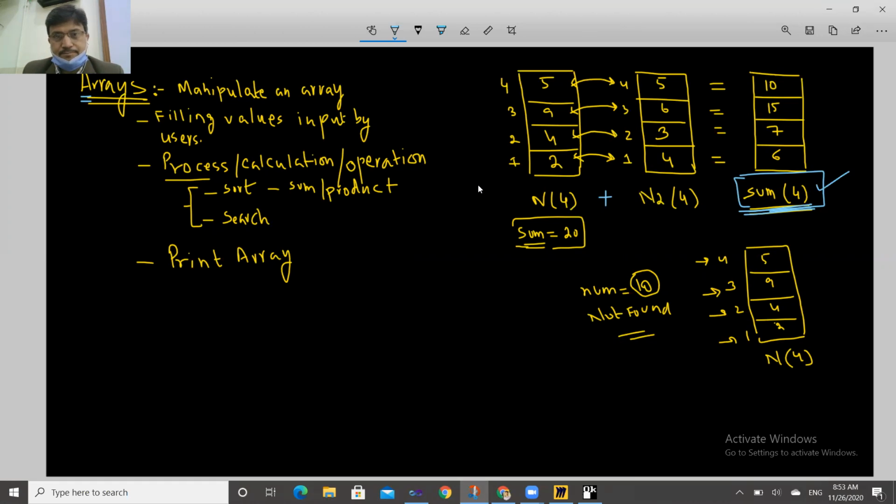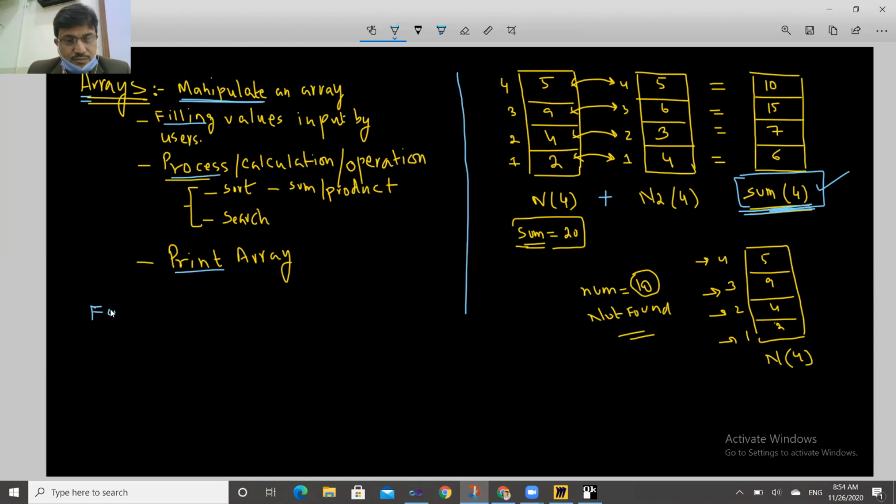I've given you the explanation of how we carried out this operation. And one thing that you need to understand: when we are manipulating the array, when we are approaching the array, every time we approach it, either to fill, to process, or to print, filling, processing and printing will always require